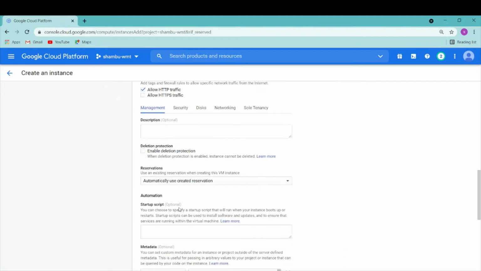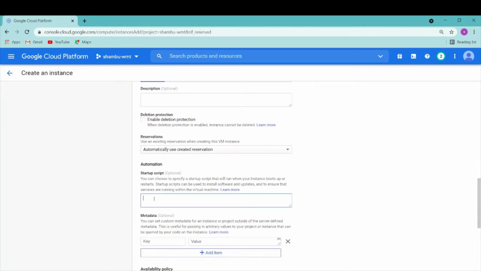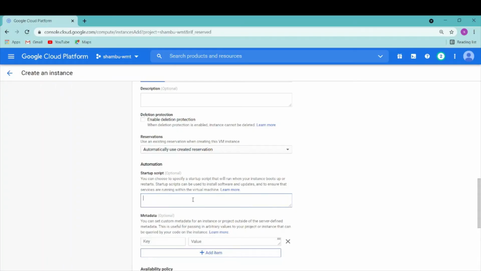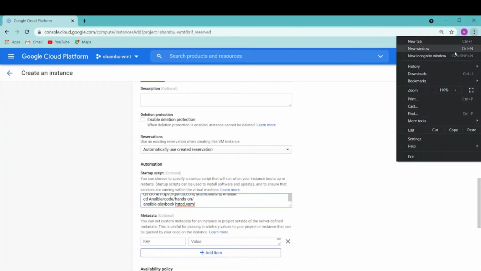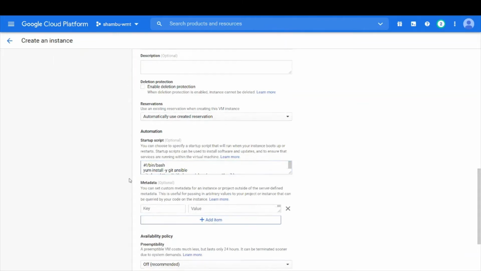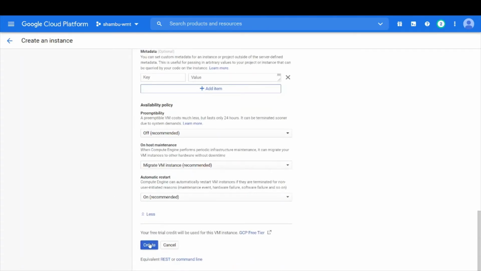And here in the startup script, we can provide the script which you want to run initially. So I'll copy this script. Okay, I have added this script here, and let's create it.